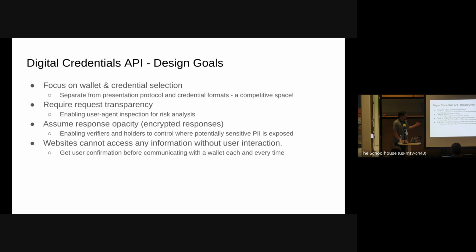And then a key one for us, which you'd be familiar with in the threat model of everything that we do in the browser, is we want to make sure we're getting the user's confirmation before communicating anything with some other application each and every single time. And today, unfortunately, with custom schemes on the web, sometimes this isn't obvious, but basically any website can communicate with many different apps on your phone without you ever even knowing, because all it has to do is navigate to one of these URLs, and on both iPhone and Android there's often not any kind of interaction with the user.